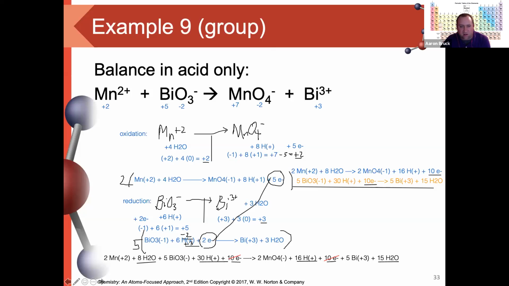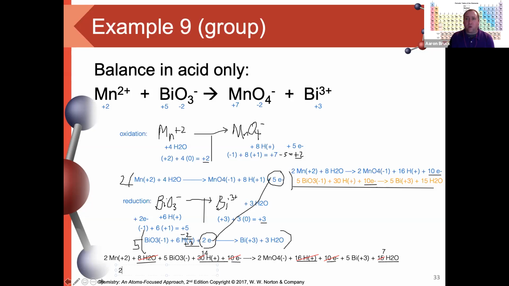So the 10 electrons can cancel out. I have 8 waters on the reactant side that can negate 8 of those 15 waters on the product side. So that 15 becomes a 7. And I've got 16 hydrogen ions on the product side that can negate 16 of those hydrogen ions on the reactant side. And so if I do one more rewrite here,